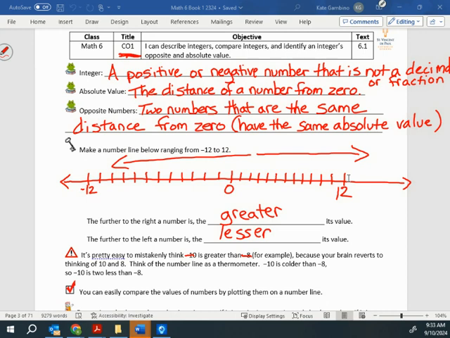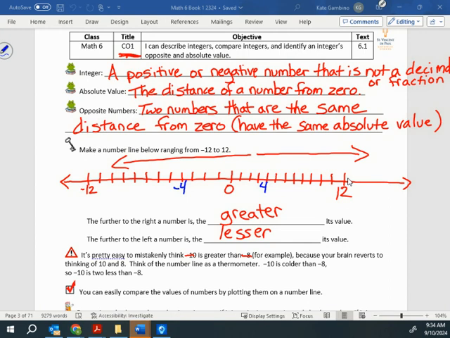Let's do a couple of examples before we do the bottom ones. So let's say, change up colors. These numbers, the negatives and the positives, as long as they are those solid numbers, there are no decimals and no fractions, it's going to be our integer. How do we find the absolute value of our integer? The distance of the number from 0. So if I have 4 right here and -4 right here,